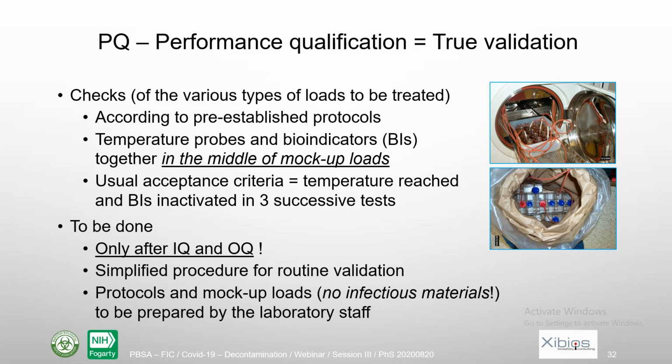तीसरा स्टेप है परफॉर्मेंस क्वालिफिकेशन, जो कि असल वैलिडेशन है, और इसमें ये चेक किया जाता है कि क्या ये मॉकअप लोड्स को अच्छी तरीके से डिकंटामिनेट कर रहा है या नहीं। मॉकअप लोड्स यानी आर्टिफिशियली लेबोरेटरी में बनाए गए लोड्स जो असल लोड को मिमिक कर रहे हों, जो कि वेस्ट आपका लैब में प्रोड्यूस होता है। इसमें बायोलॉजिकल इंडिकेटर को भी साथ यूज़ किया जा सकता है, और इंस्टॉलेशन क्वालिफिकेशन और ऑपरेशनल क्वालिफिकेशन से क्लियर होने के बाद आप ये परफॉर्मेंस क्वालिफिकेशन करते हैं, और आर्टिफिशियल नॉन इन्फेक्शियस लोड को लैब में प्रिपेयर करके फिर आप उसको बायोलॉजिकल इंडिकेटर के साथ यूज़ करते हैं